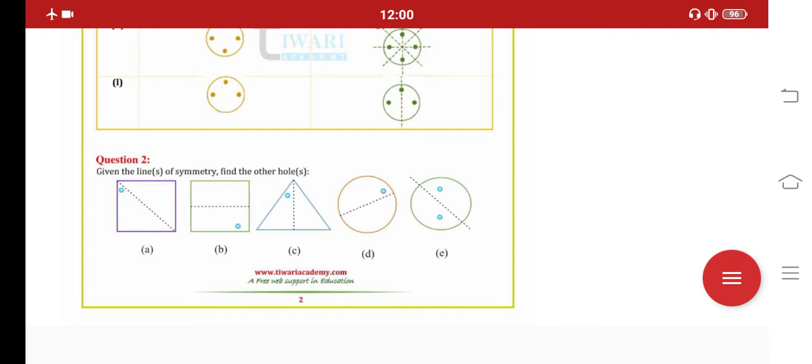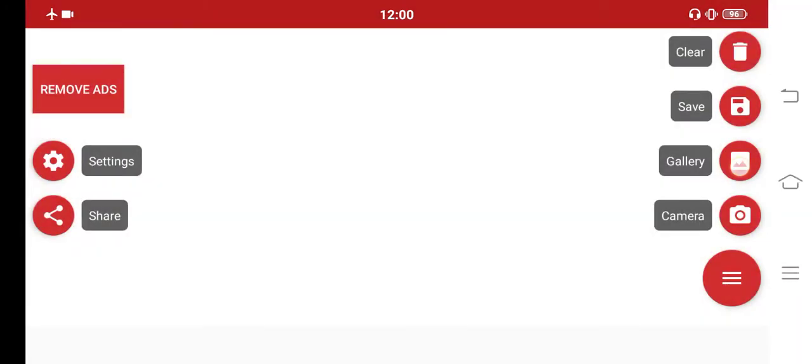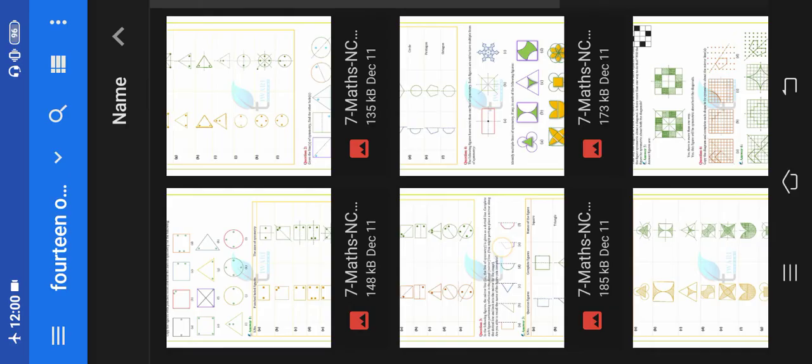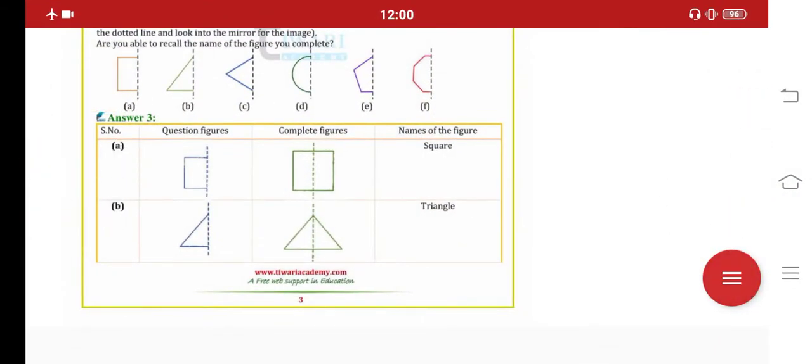See here. Here if we draw a hole, this will be the first question. Here we will draw, then this will be second. Here we will draw one hole, then this will be third. Here we can draw it like this, and here how we will construct it, this is already drawn. Okay, so see what is given in question number 2. Already we have solved this question, but let me show you what is given here.